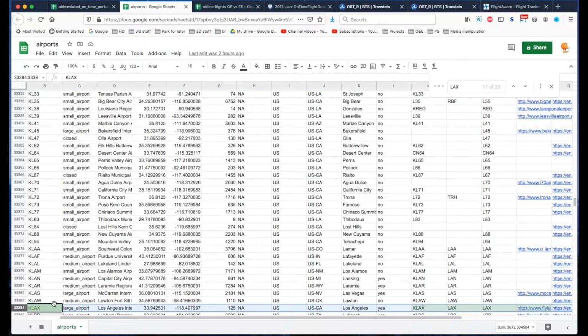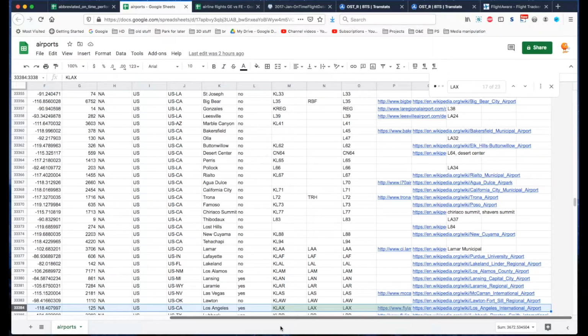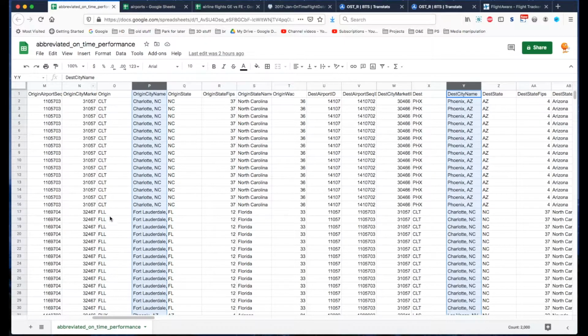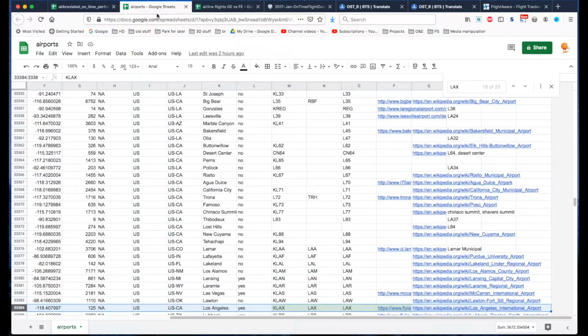So this line here would be the code for LAX, and so I would match the appropriate LAX code here for origin, or in this case maybe possibly the LAX code in the destination column. So I would match either this one or this one with this entry in the airports CSV file,